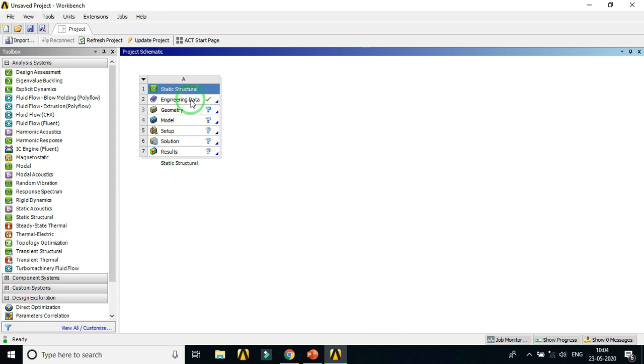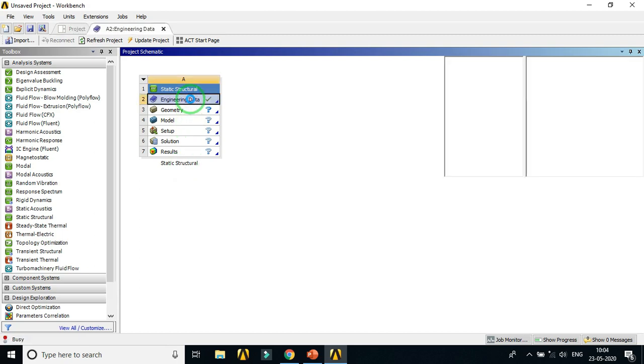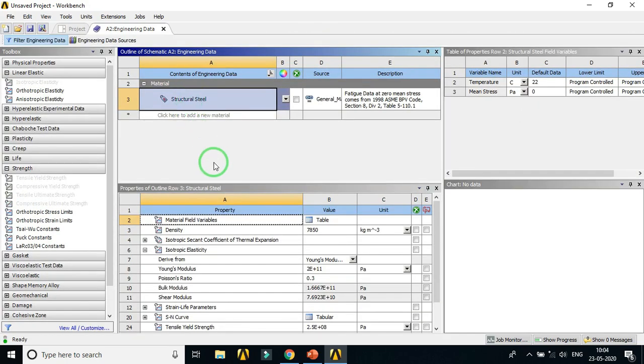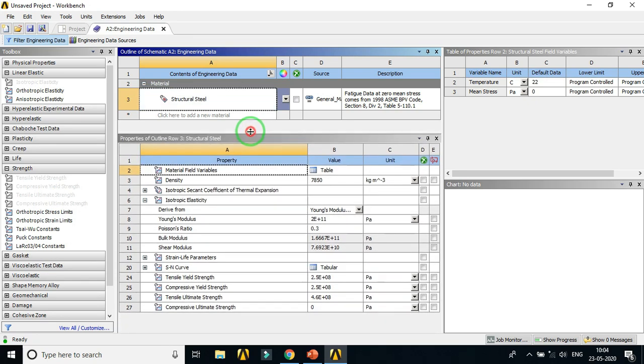So first click on Engineering Data. We have to see what type of properties we require for fatigue analysis. Ensure that the Structural Steel tab is selected and the properties of outline row are visible. In row number 12, you will find the strain life parameters.